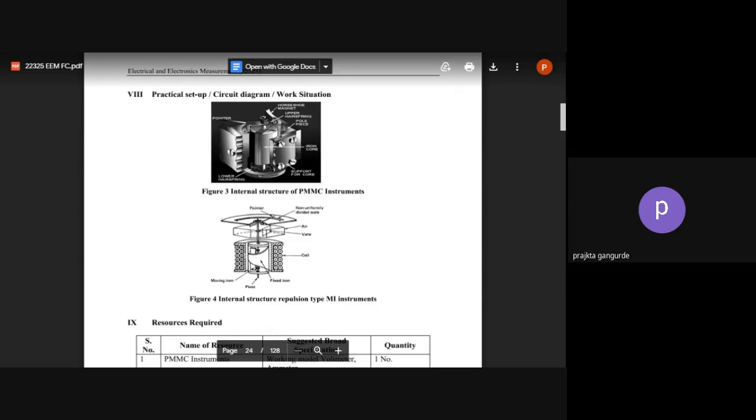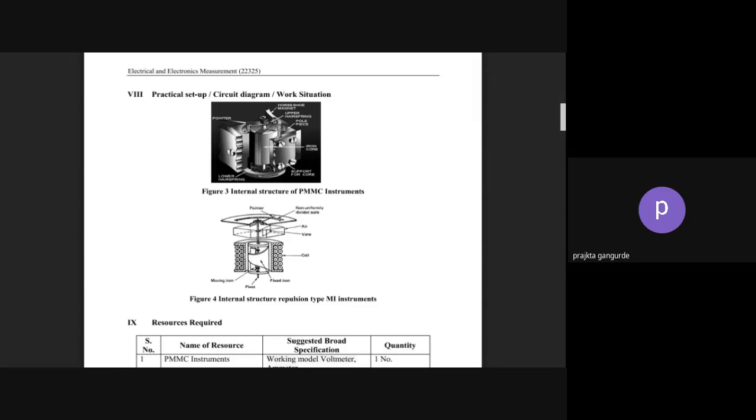Then suppose we have to practically show the meter. In the PMMC instrument, basically there is a pointer which is situated at this position. Then the lower spring. This part is the spring. This spring is required to produce the controlling torque, that means to bring the pointer to its original zero position. Then the support for the core. This part is nothing but the support for the core. This inside part is the iron core.